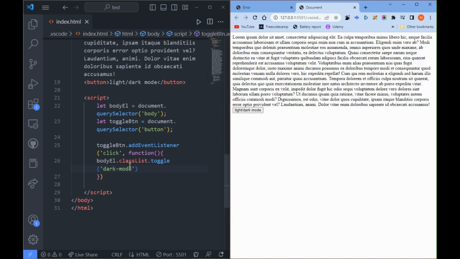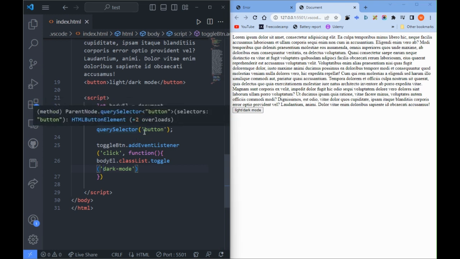One thing before that is there's no dot here, as you guys can see. In query selector, when we were selecting the light button and the dark button, they were using a dot right here to signify it's a class. So we don't need to do that here because it only selects classes. It does not work for IDs. It does not work for elements. Only for classes. That's why we don't need to put the dot right here to indicate that it's a class. When it comes to query selector,